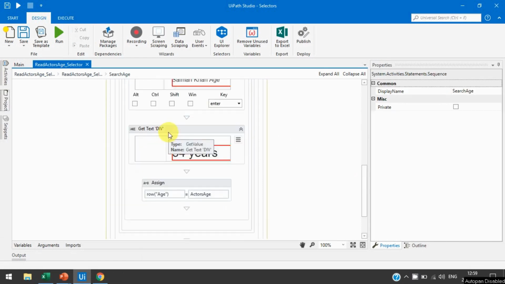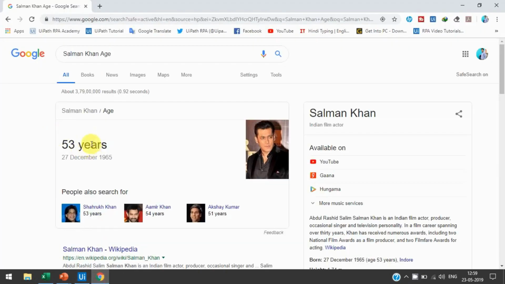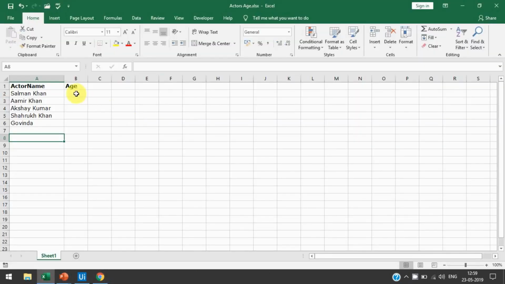Here I have taken the get text activity to get the age from this Google page, so it will fetch this 53 years and write it into Excel in the age column.